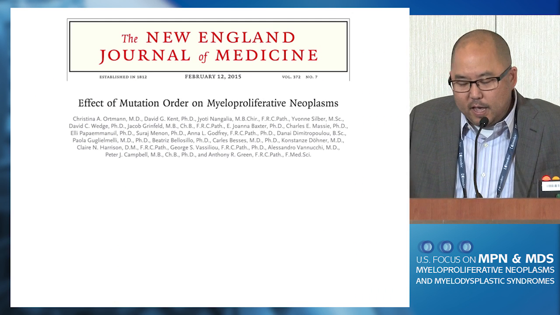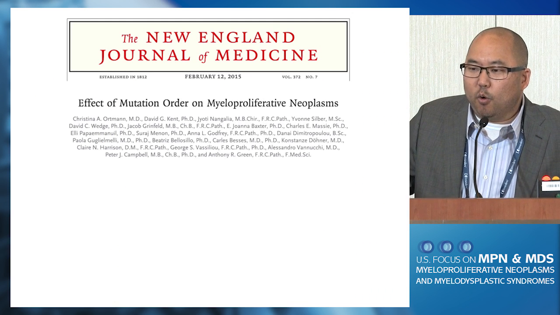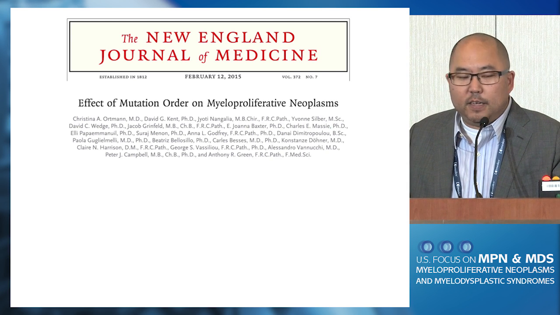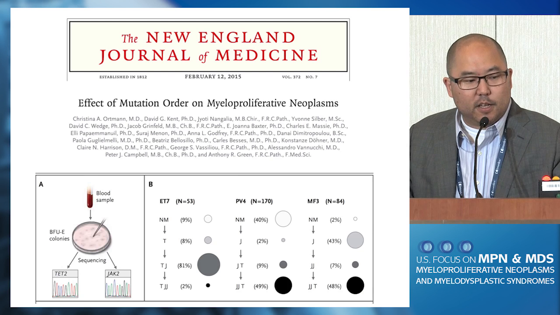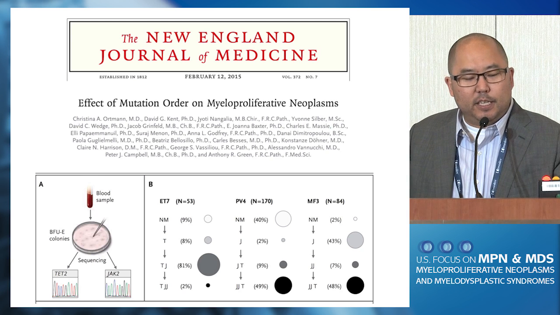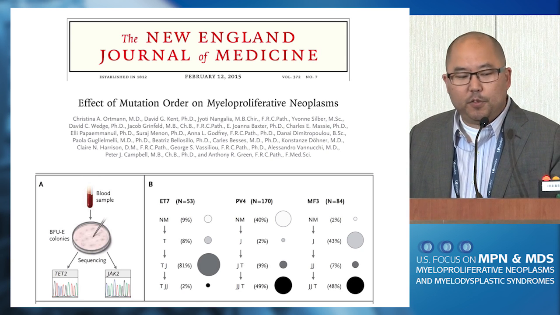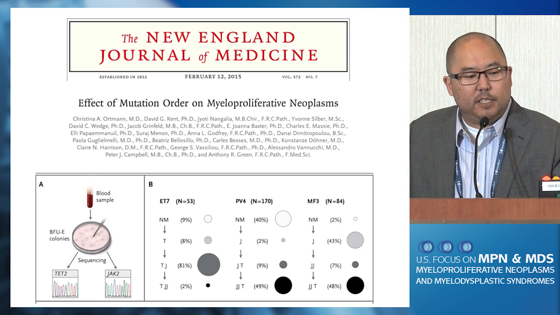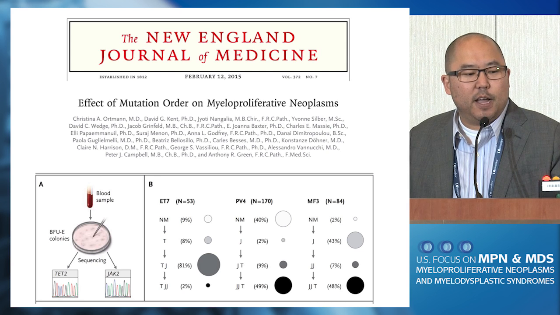Tony Green's group, indicating that the actual order of mutation acquisition in the MPNs influences the phenotype. This was focused on JAK2 and TET2. What they did in the study is they grew out single-cell derived colonies from blood samples from MPN patients and then genotyped those for TET2 or JAK2, and identified a cohort of patients who harbored both mutations. But more importantly, on the basis of genotyping these individual colonies, they were able to identify patients who either had